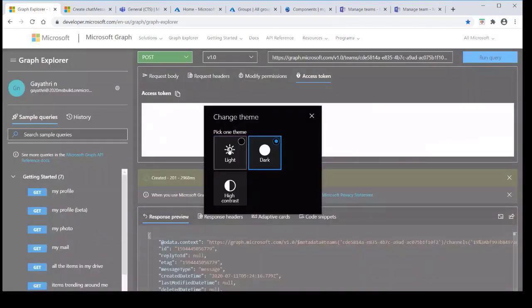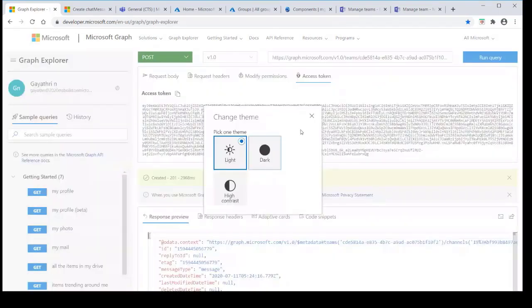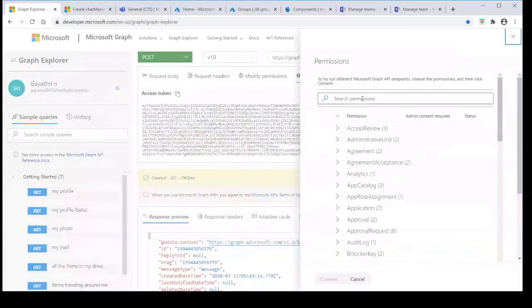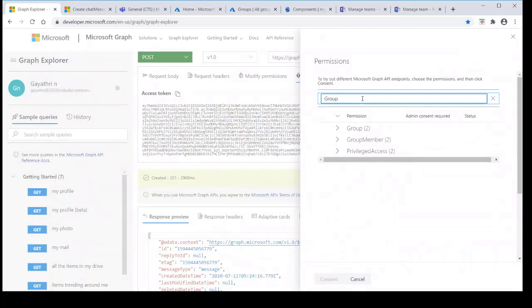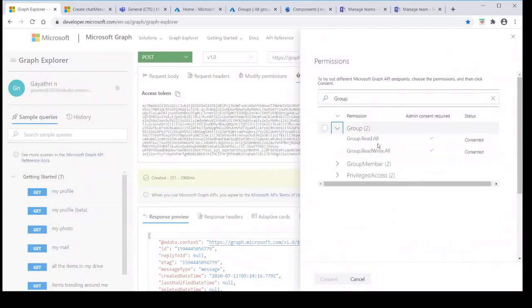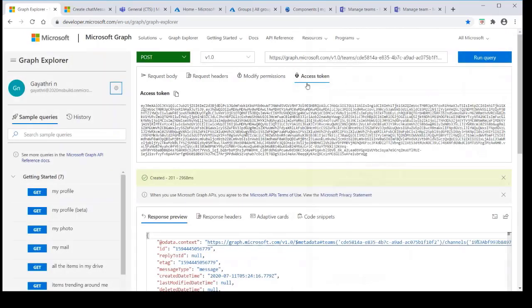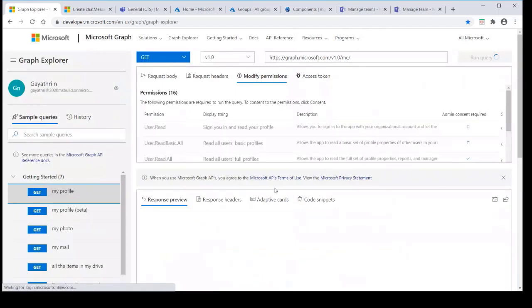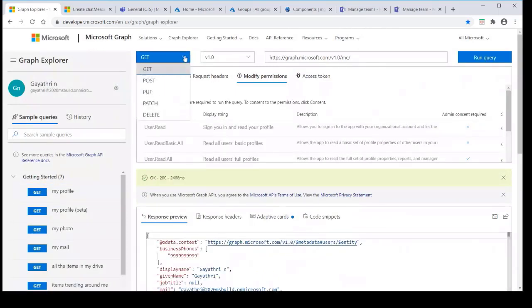And we have a full list of permissions which we want to use in Microsoft Graph. For example, if you want to create an Office 365 group, then you may look for group permissions. I have already registered an app in Azure AD, so I have provided some consent to my group, so it has been consented. For example, I'm going to run the get my profile API. We have a list of methods available,